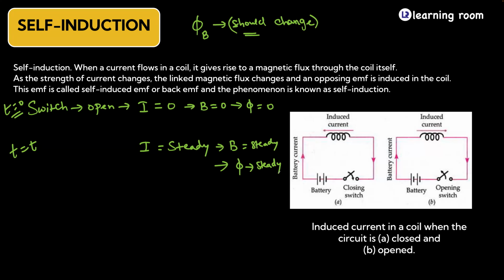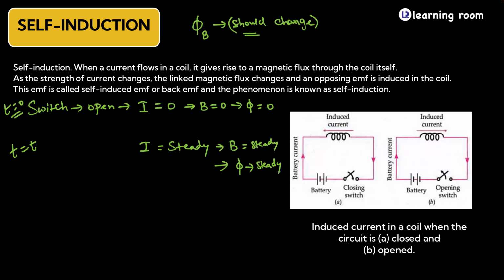But the whole process of the EMF getting induced in this coil should take place between t equal to 0 and t equal to some time t. So during this process, there will be some growth in current taking place. Means from the initial current being 0 before the switch closed to rising to a steady state value, there is going to be a slight growth in the value of the current, right? So during the growth of current,